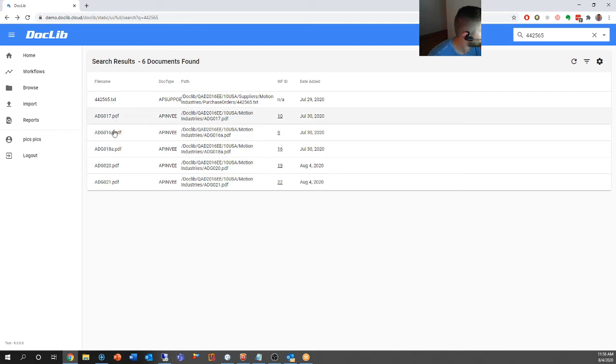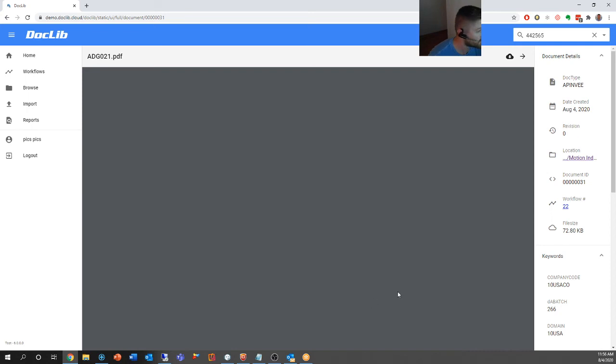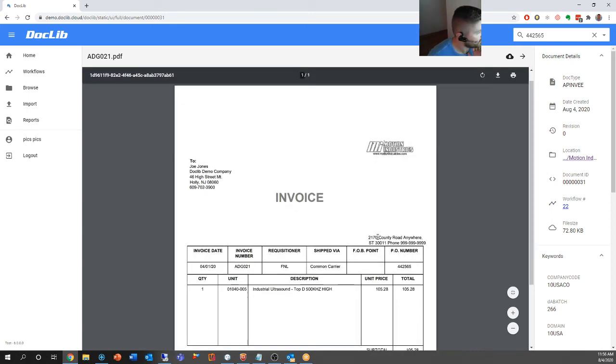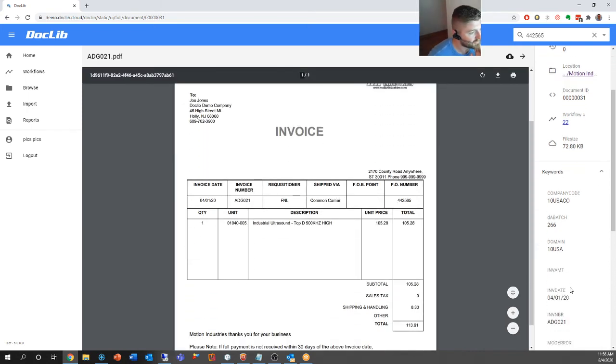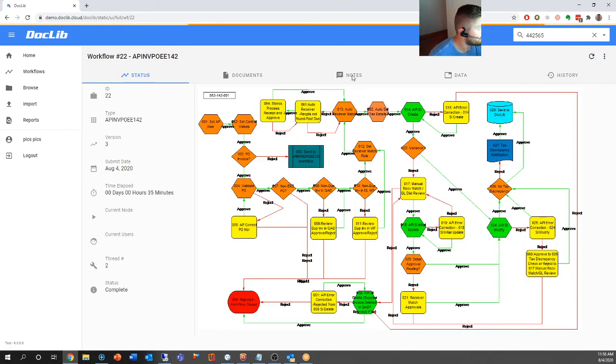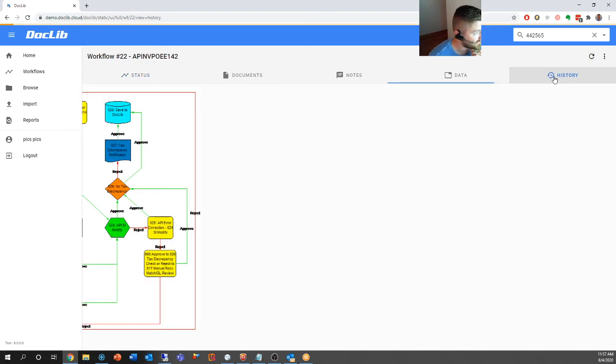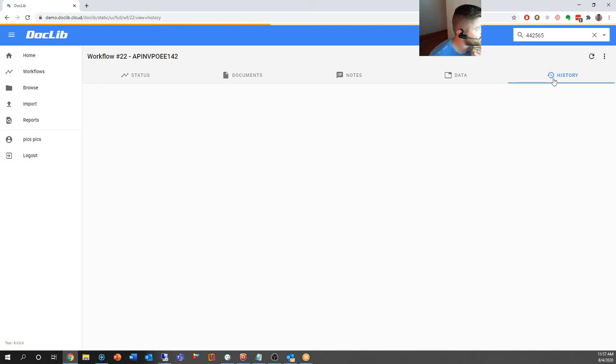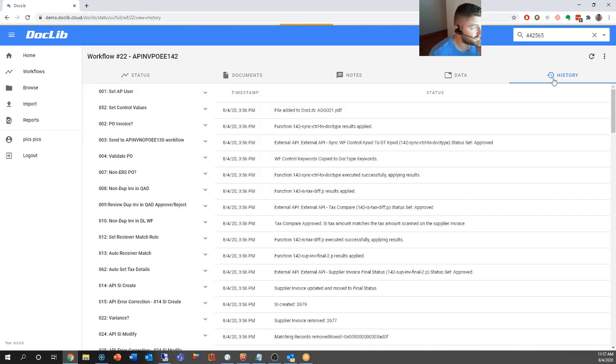Now, if I were to take a look at an invoice that was processed, here's that invoice that was processed, with all the keywords that are associated with that invoice, as well as the workflow itself. So here we have the status update on that workflow. What's really important, what I wanted to show you here, is the history. You may be familiar with this screen, but this is basically split up into two parts. One on the right side gives you a lot of detail around